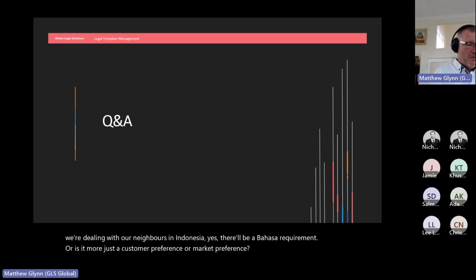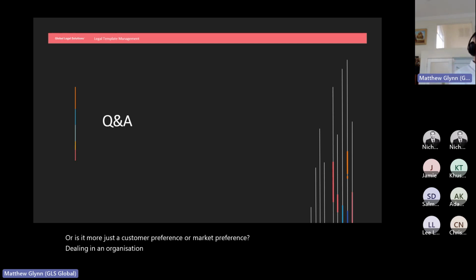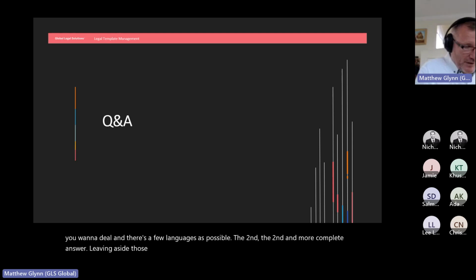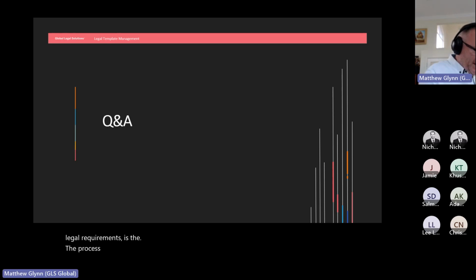An organisation will have its official business language, and there's not a hard and fast rule, but wherever possible, you want to deal in as few languages as possible. The second and more complete answer, leaving aside those considerations about the predominant business language and legal requirements, is the process of maintaining synchronicity across language derivatives is a manual and difficult process.